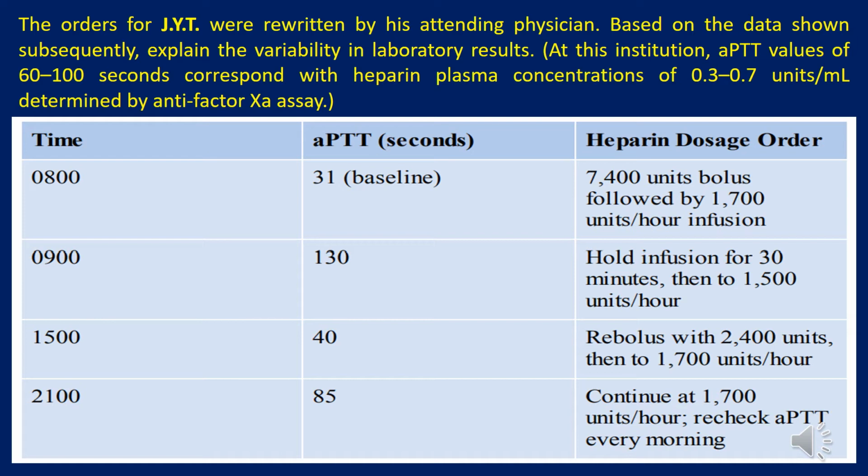At this institution, activated partial thromboplastin time values of 60 to 100 seconds correspond with heparin plasma concentrations of 0.3 to 0.7 units per milliliter determined by antifactor 10A assay. Although the activated partial thromboplastin time drawn 1 hour after the initiation of the maintenance infusion at 9 a.m. demonstrates excessive prolongation of the activated partial thromboplastin time of 130 seconds, this value is most likely explained by inappropriate